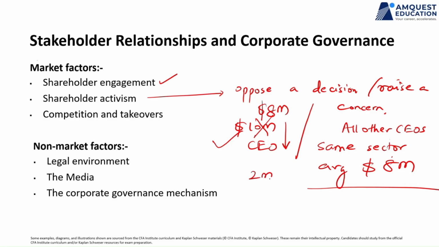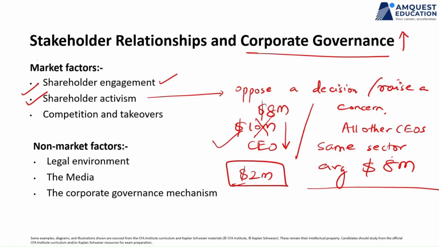Because the $2 million which will be saved straight away gets added to your profitability. And this money can be given to the shareholders as dividends. So if shareholders are active, if shareholders are engaged, then the corporate governance standards are generally pushed higher. Companies are always on their toes because they know shareholders are going to ask them. There is a very active shareholder base. The management will be questioned in the annual general meeting. And in such a case, the corporate governance standards automatically start taking better shape and priority in management discussions.